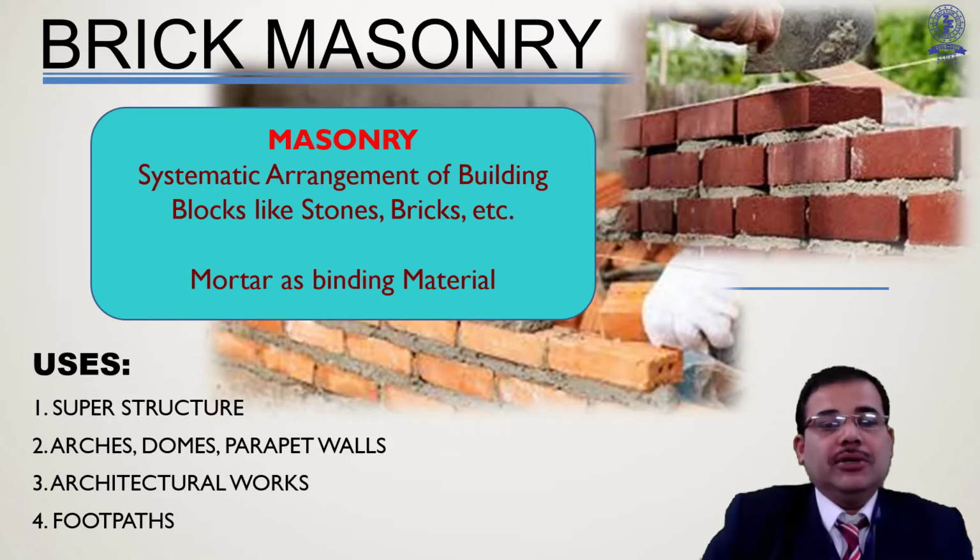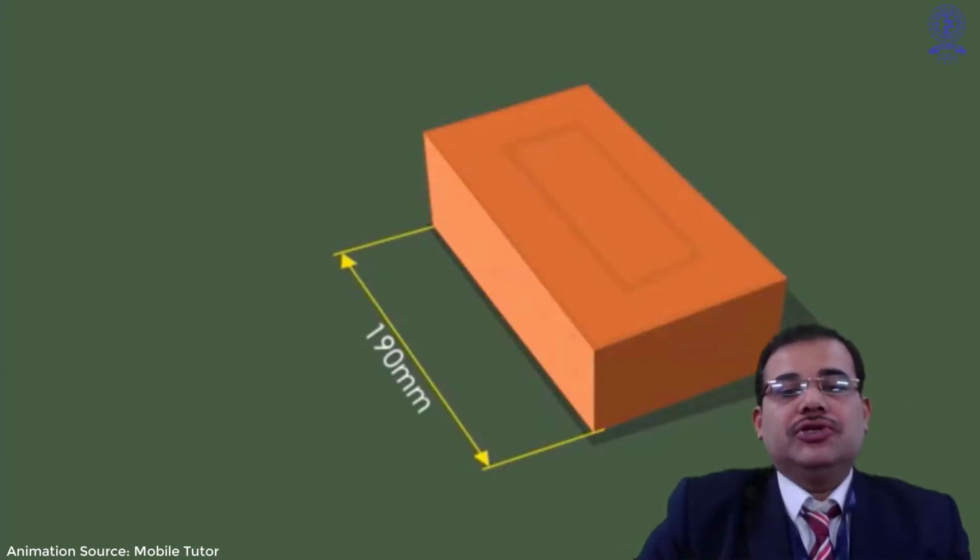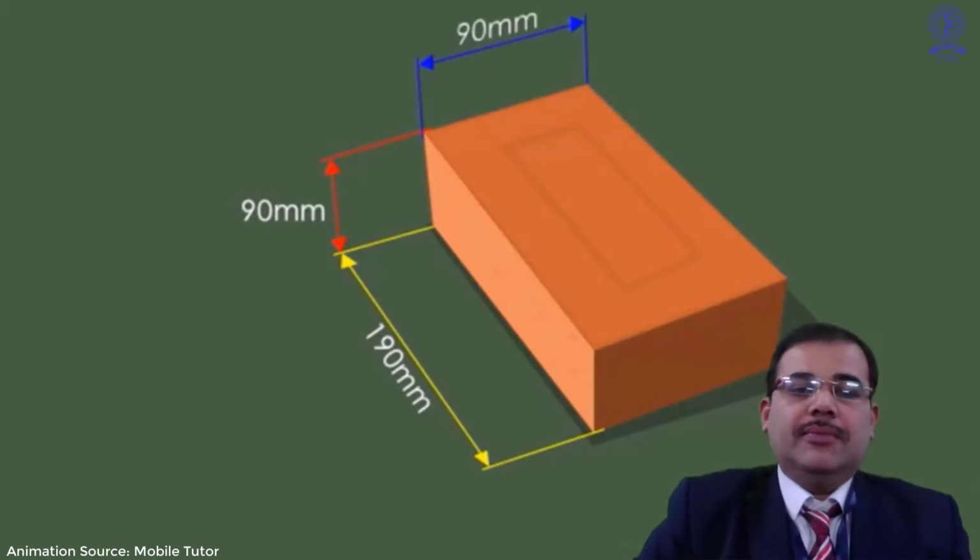As bricks are made of earthen material, they are popularly utilized in 80% of construction activity. It is not possible that every brick can be used for primary or important work. To use it for important work, it must have certain dimensions. The standard dimensions of a brick are 190 mm by 90 mm by 90 mm, with a depression on the top surface.